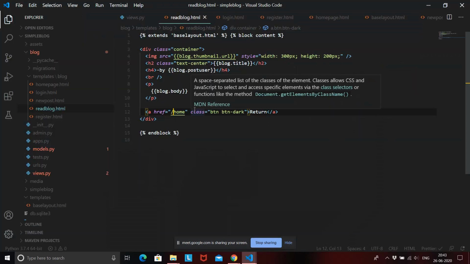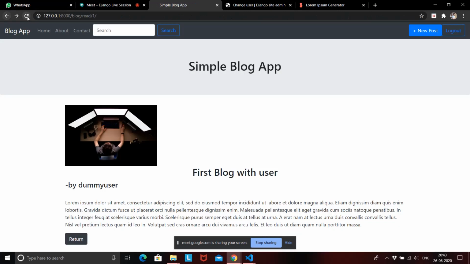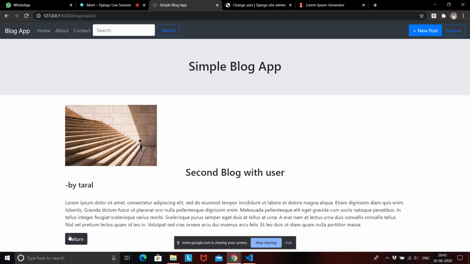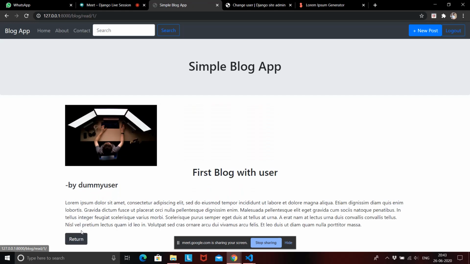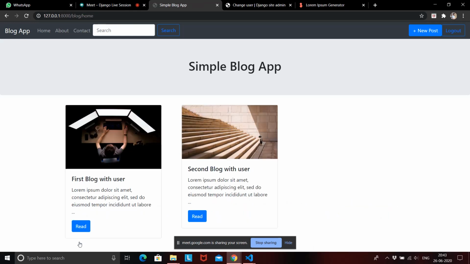Not /home, sorry, blog/blog/home we want to go. So now we are back into our home page, so we can read a blog and we can return to the home page. Read, return, read, return. So this is how we create this read button over here.